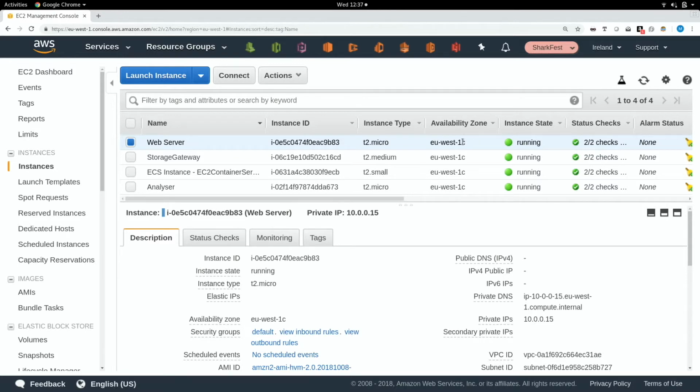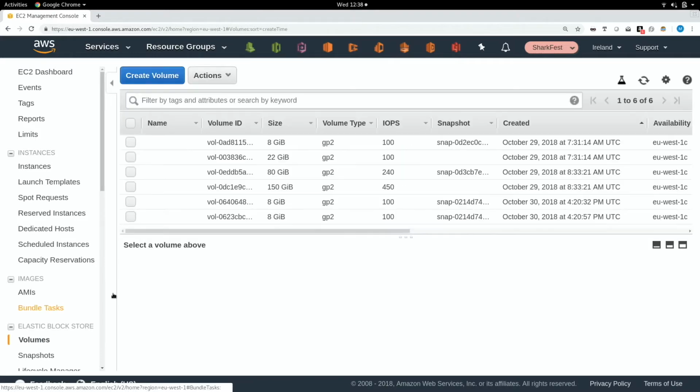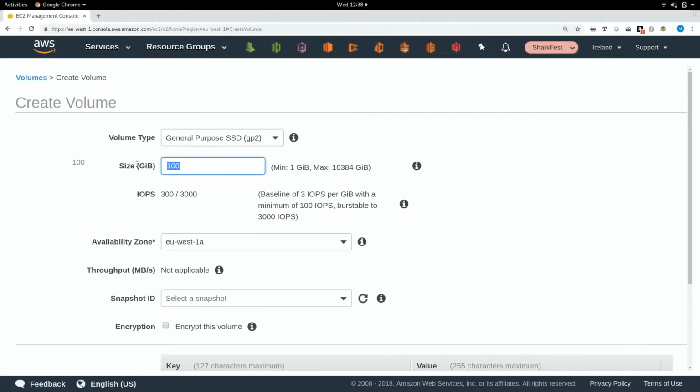We can start new instances and do a whole bunch of stuff in here. But the point of this is, okay, we want to allocate some additional resource to this particular web server for running TCP dump. Well, that's being backed by block storage, by Elastic Block Store. So we can come in and we can create a volume very simply. Okay, I want a 100 gigabyte partition to start saving my TCP dump data.